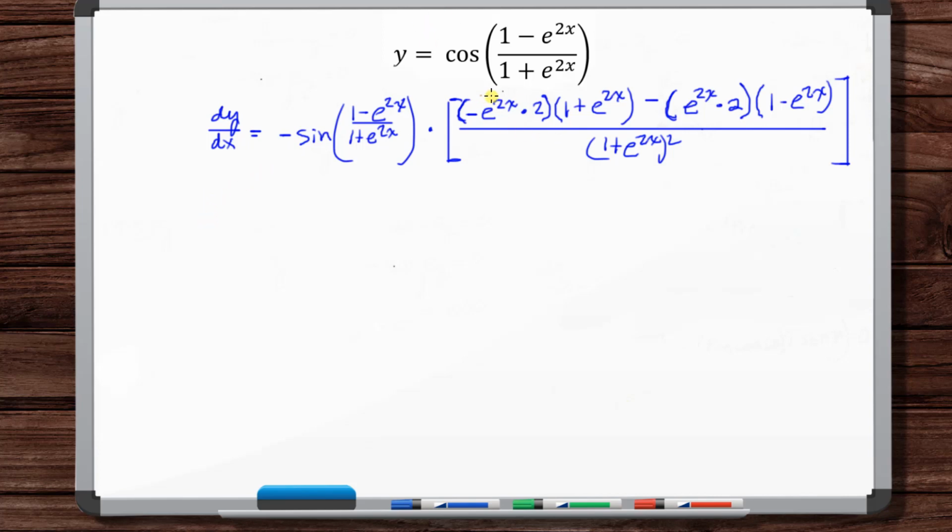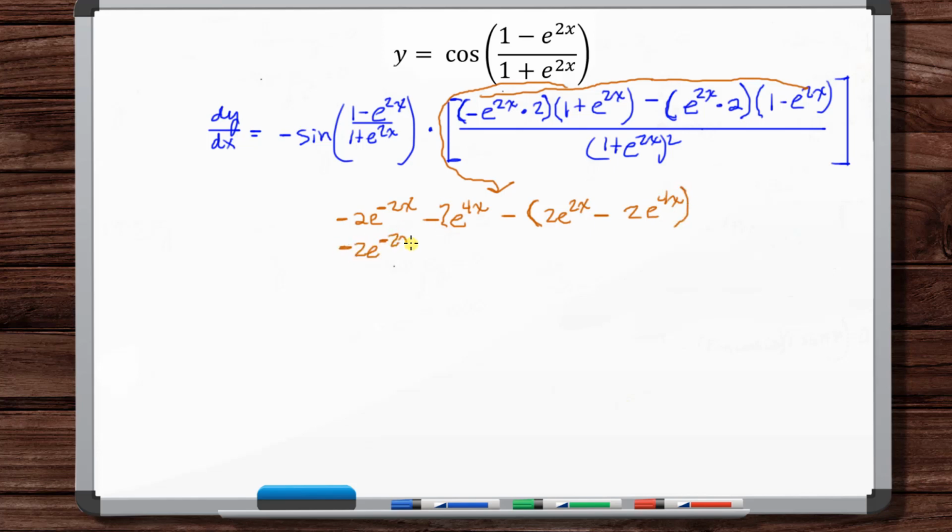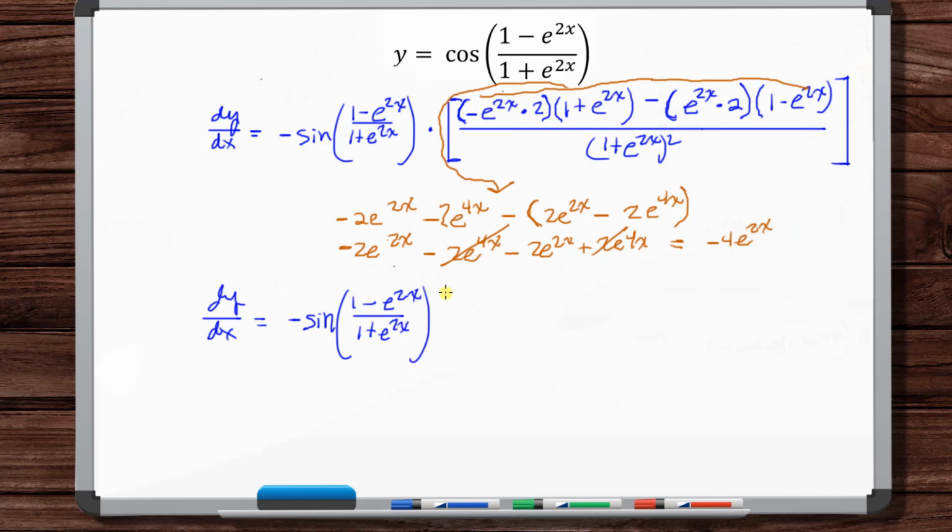Let's work on this separately. So dy/dx is equal to, okay, so our final answer, let's bring all this to the front, combine it with this minus sign here, so we get